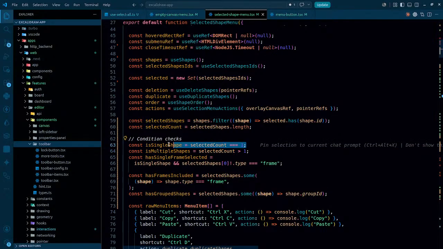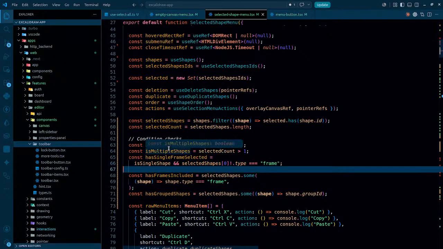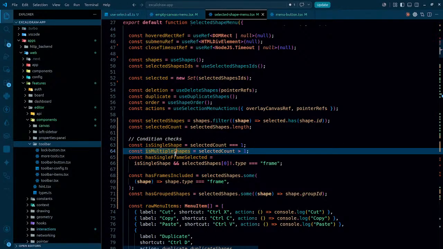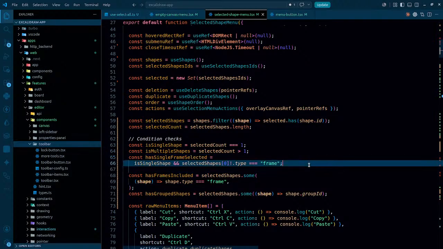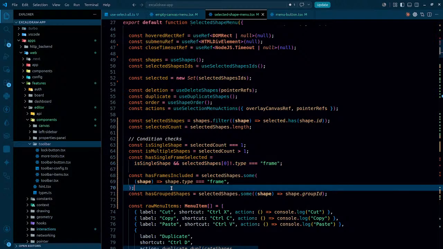Is single shape selected, that is fine. So when a single shape is selected, we should not be grouping that. Is multiple shapes, we can check it like this. Has single frame selected, okay. Has frames included,